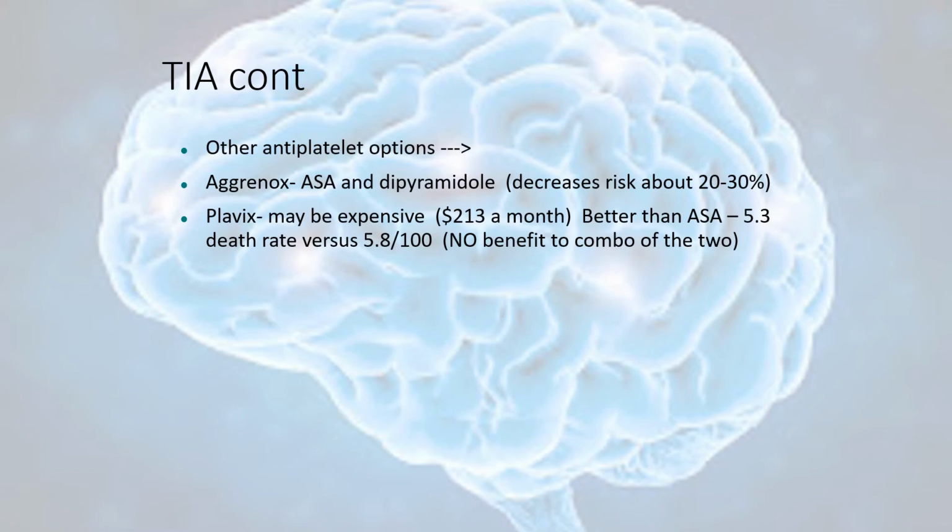Aggrenox is aspirin and dipyridamole. There seemed to be some evidence that that decreased the risk even more. We've reevaluated that, and we think probably the evidence is that aspirin is probably just as good. Plavix, now that it's generic, is actually very cheap. This is an old slide that says it was expensive. It did used to be expensive, but